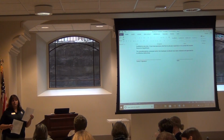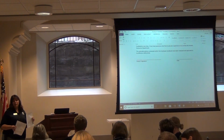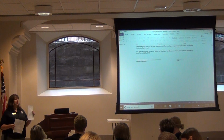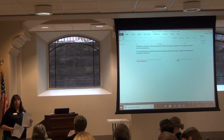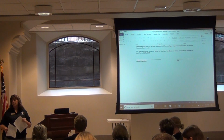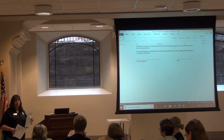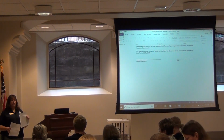Page 1 through page 10 are employment at will. These are policies that you should have in a handbook that we as employers should do and follow. And so there's no reason to edit those. They may seem a little more,